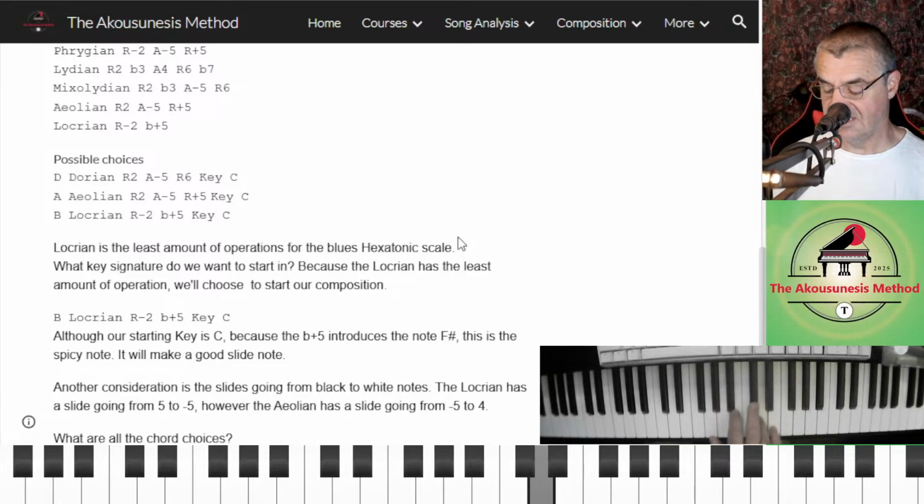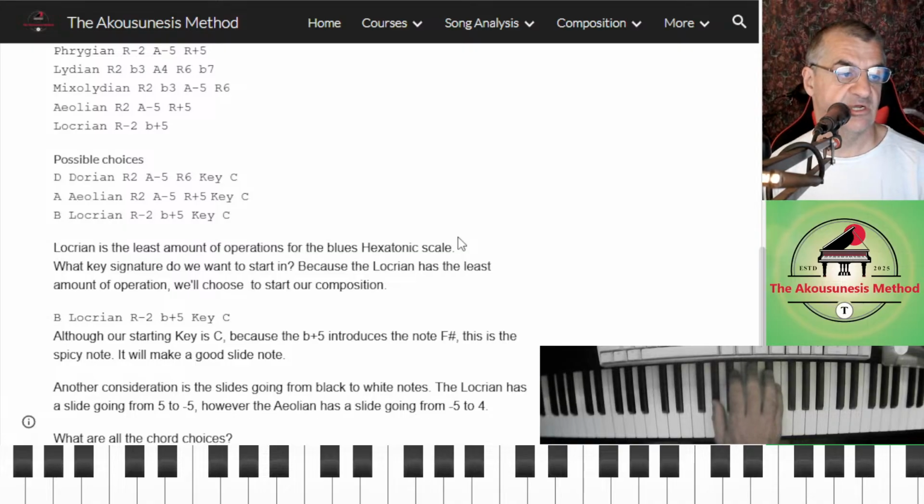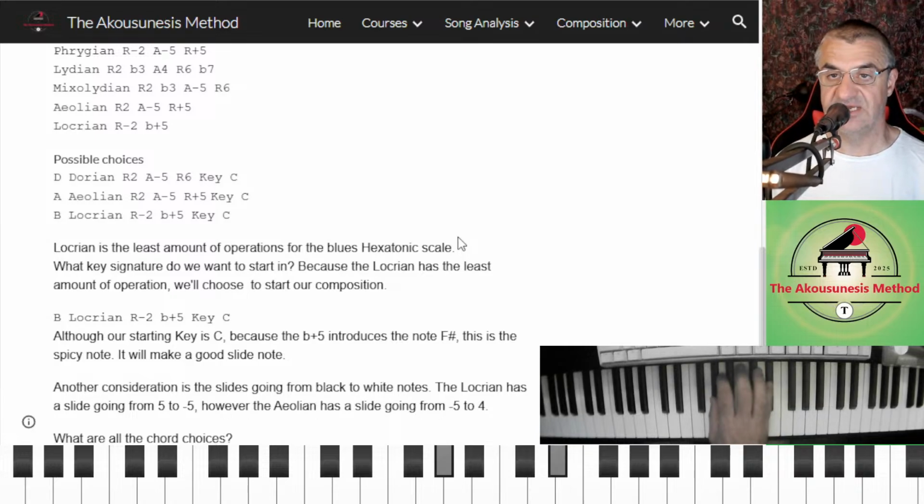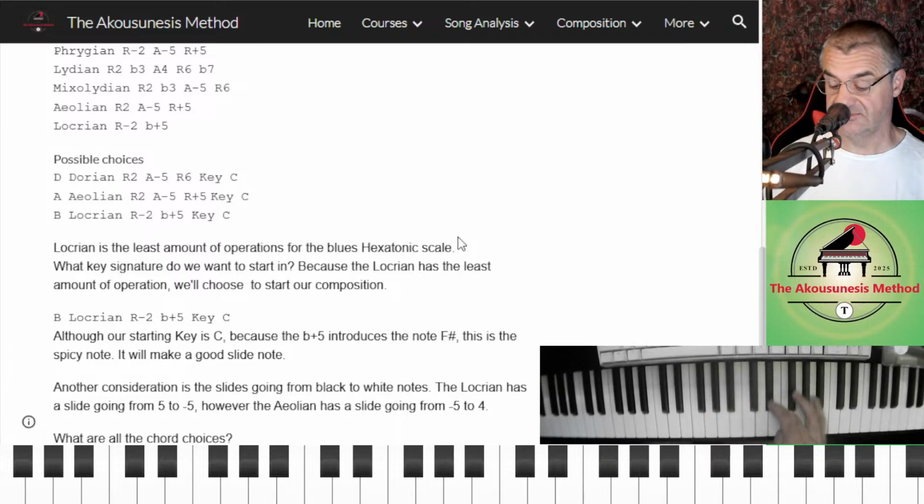First we're going to locate the +5. So there's the +5, because if we're on G sharp, the fifth's there, right? So that's a +5, but we want to make it a fifth, so we're going to introduce the note D sharp, and we're not going to play E here.